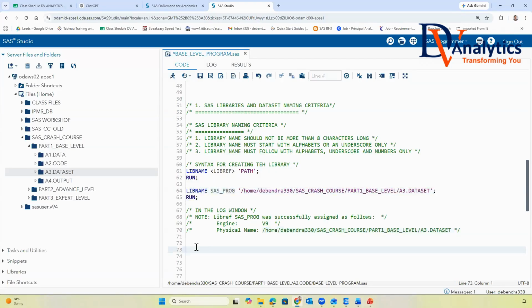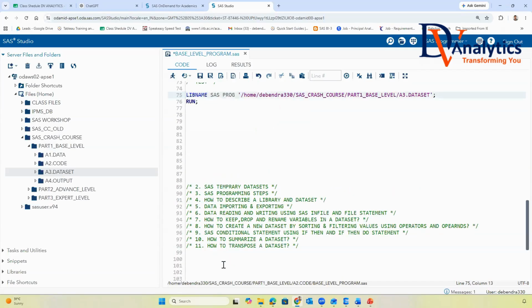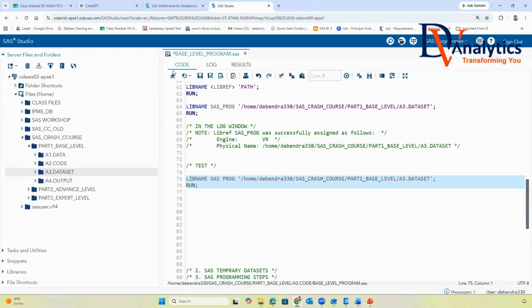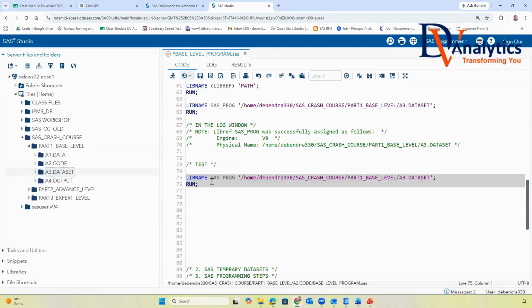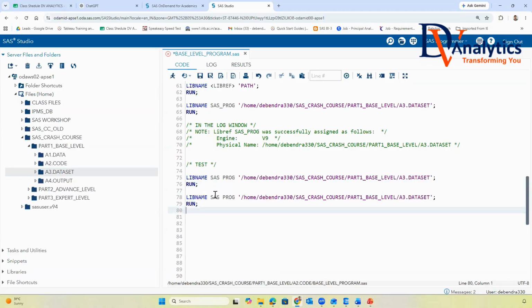Now remember, guys, a test. If I say SAS space prog, can it be a library name? It will throw an error. No, sir, we cannot. Now, if we say libname SAS hyphen prog, can it be?